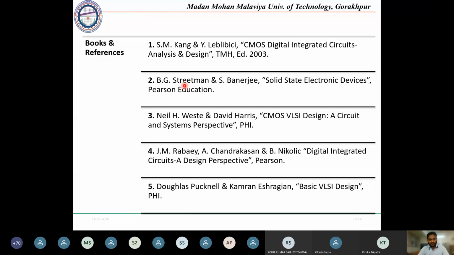And for the CV curve in the first unit, that can be taken from the Streetman Banerjee book. Otherwise, all the topics can be taken from the Kang book. This Kang book is one for all. You can say it will cover everything.